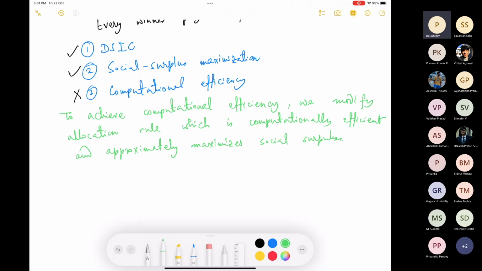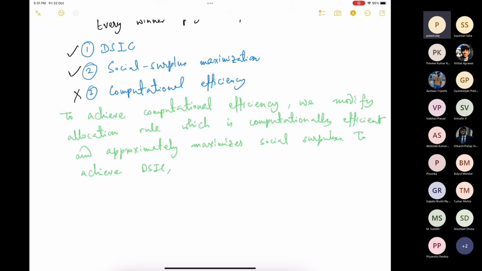Okay. So now it's sort of an algorithm design problem, and also, don't forget that we have to ensure DSIC. So the allocation rule must be monotone. To achieve DSIC, it not only has to be computationally efficient, it also must be monotone, so that we can apply Myerson's lemma, because in a single parameter environment only monotone allocation rules have a corresponding payment rule which makes it dominant strategy incentive compatible. To achieve DSIC, the allocation rule must be monotone.